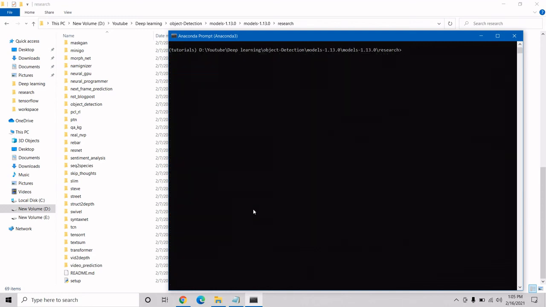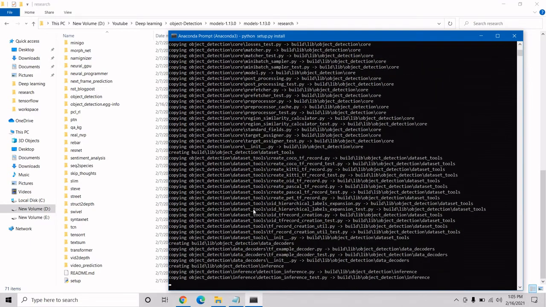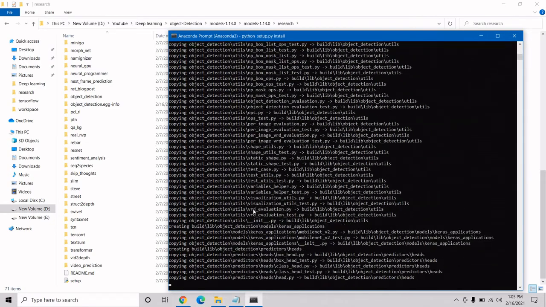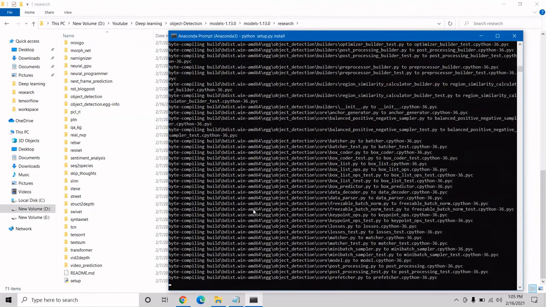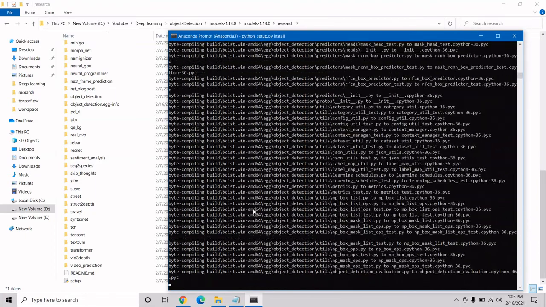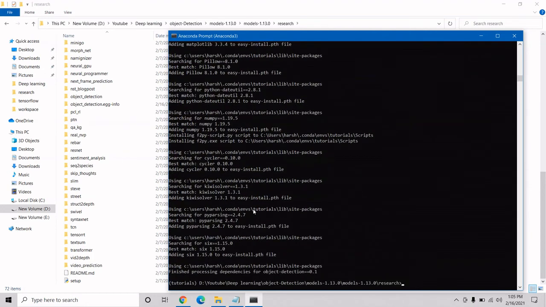Now we just write python, our file name setup.py, and install. As you can see, all our dependencies are installed.